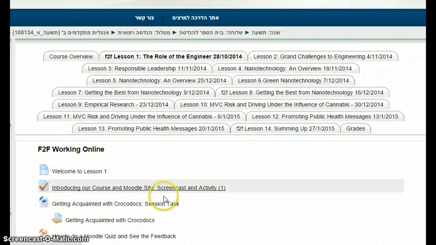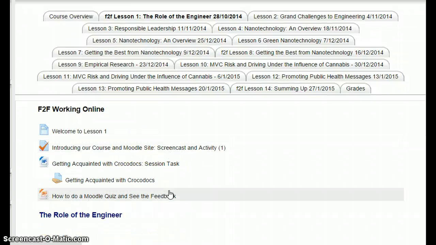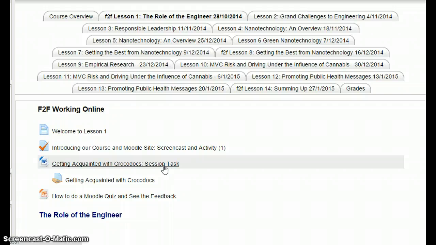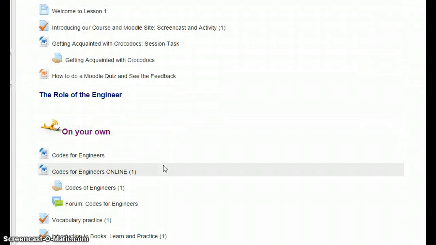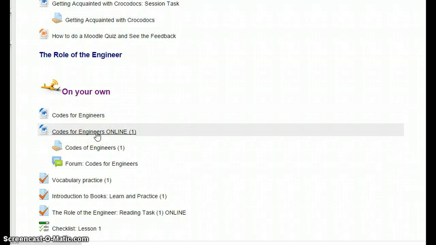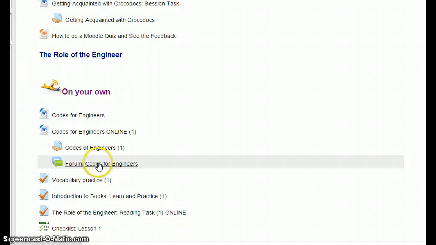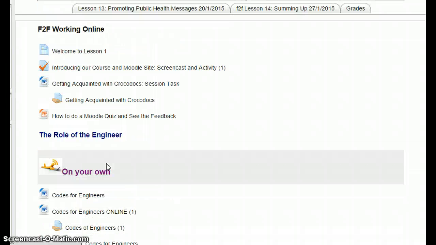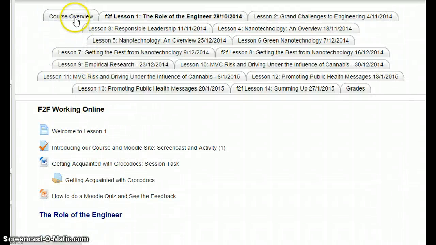Right now you're working on introducing our course and Moodle site. Then you'll be getting acquainted with Crocodocs, and we'll be doing 2 activities here, the codes for engineers and submitting it, and then posting something on the forum. So if we go back to our course overview,